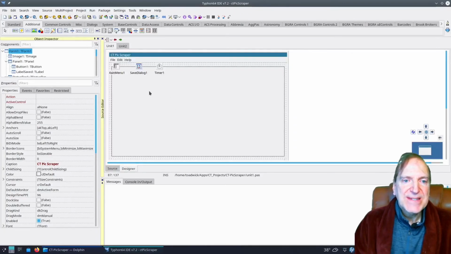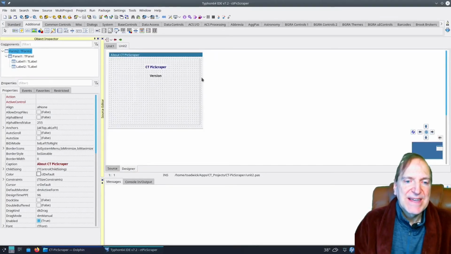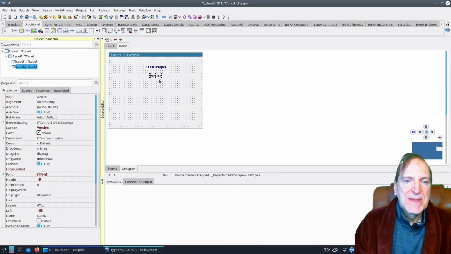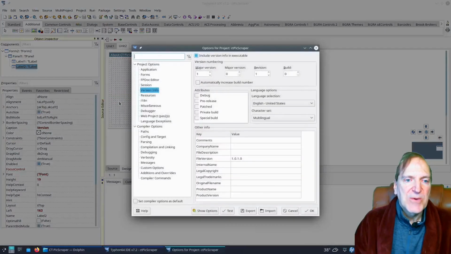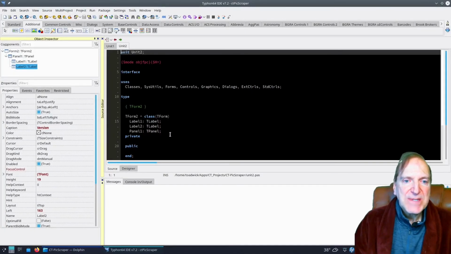So let's go in our designer, and then I'm going to select unit 2 up here. This is our about box here. So this version label, that is what's going to connect to what we set here in our Pick Scraper version. So how are we going to do that? Well, first let's go into the source,